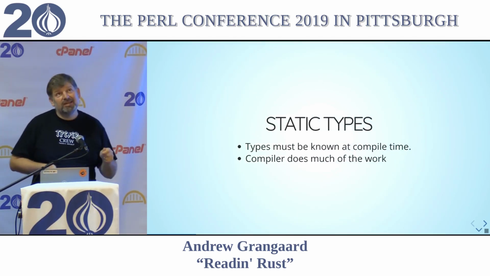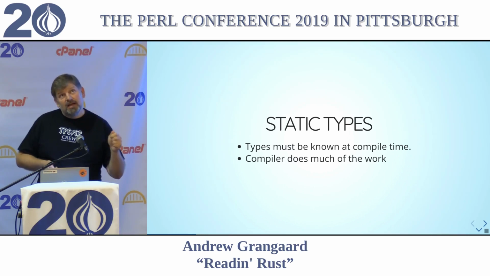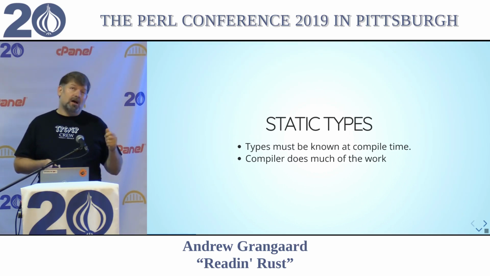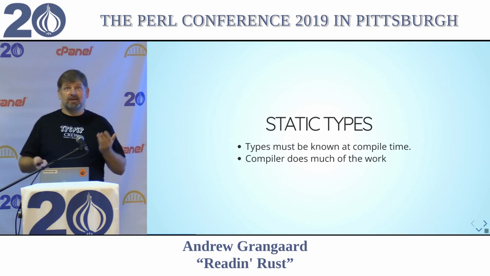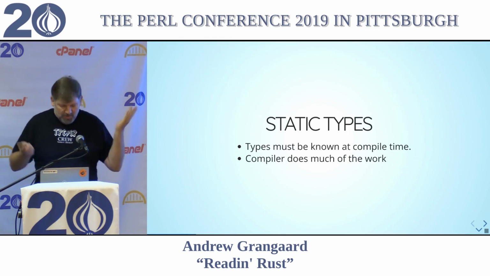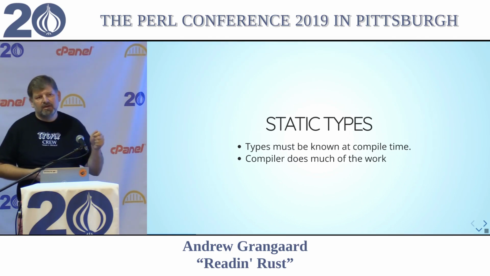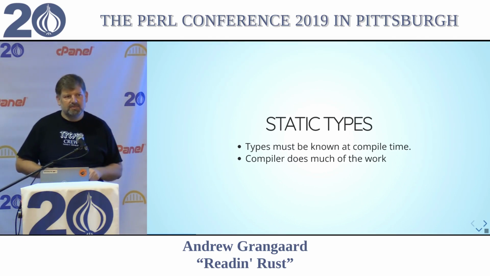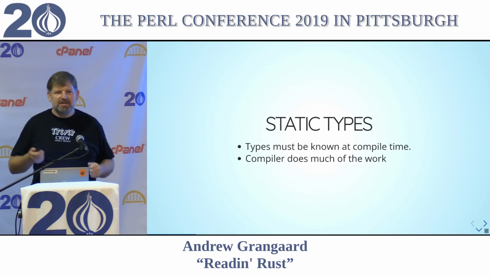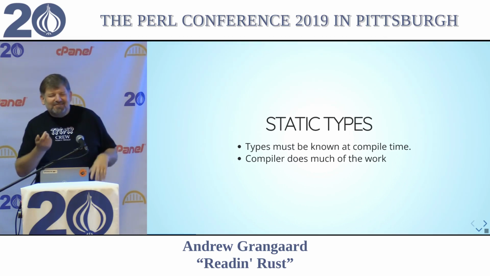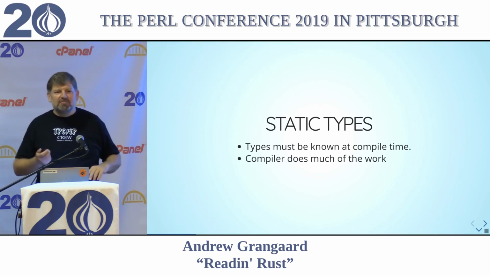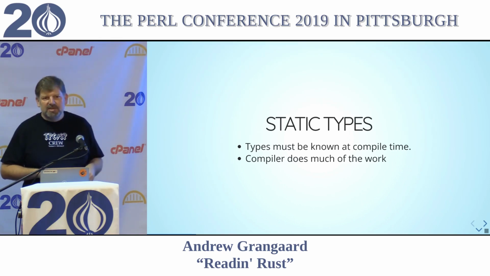But that couple of weeks is not me. That is educational research of college students who were taking a course in Rust. So who knows? So static types. What does it mean to be a static type? It means it needs to be known completely at compile time. So you can't do your dynamic types and say, let me just move this thing around. It was a string and let's stringify this number and change these types around. It all has to be explicit. It has to be trackable.